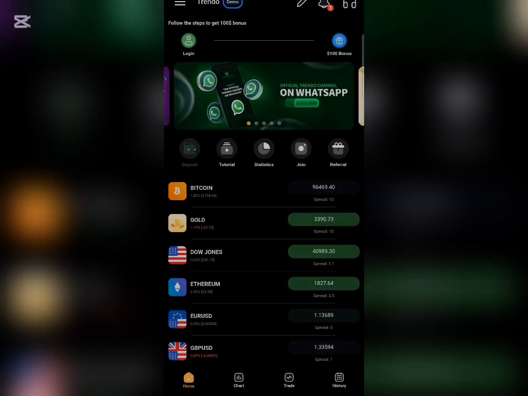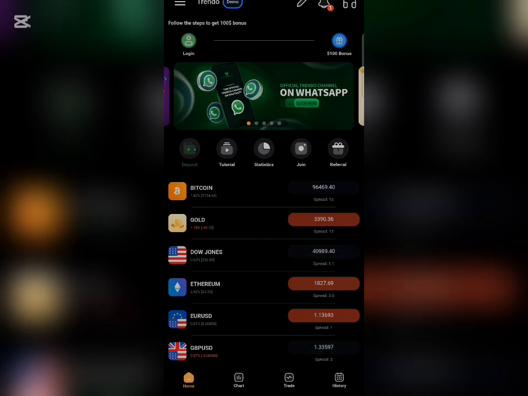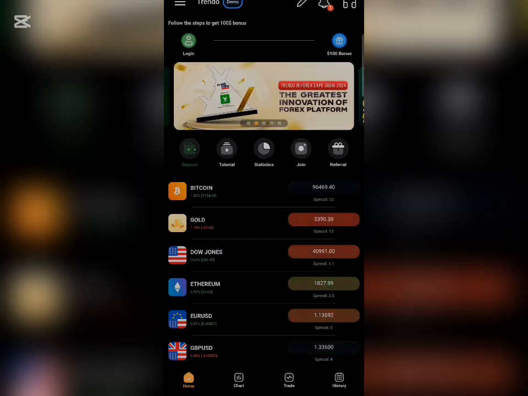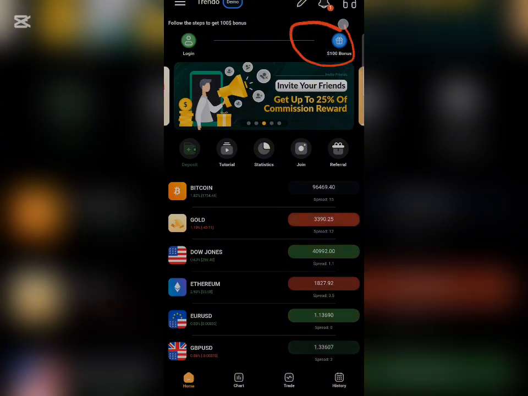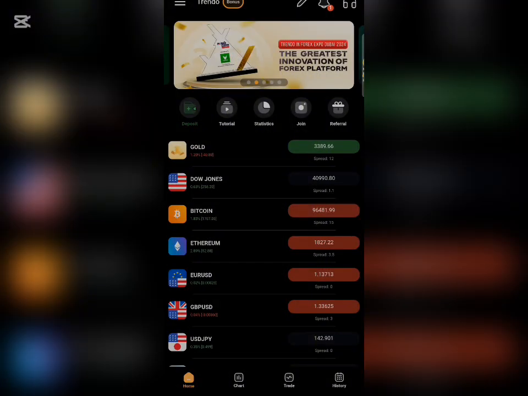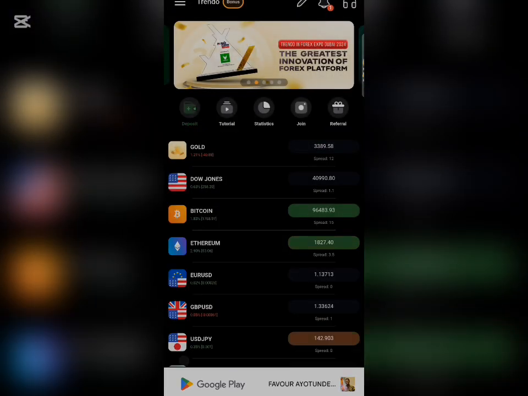Alright, so after successfully logging into the app, the next thing for you to do is to click on this $100 bonus right here. Click on it and you wait for it to load. Alright, so as you can see right here, congratulations, you have received a bonus for trading $10. Alright, don't worry about that, just click on continue and you can just give them any rating you want right here and then click on submit. Alright, so after this,